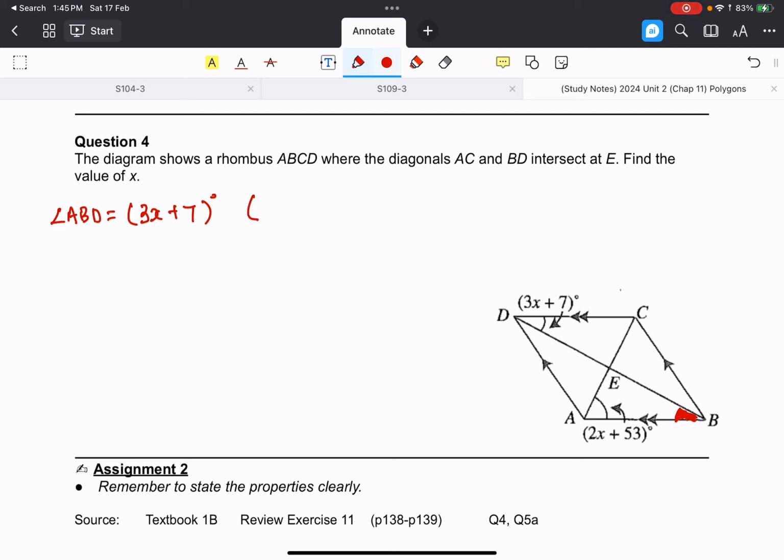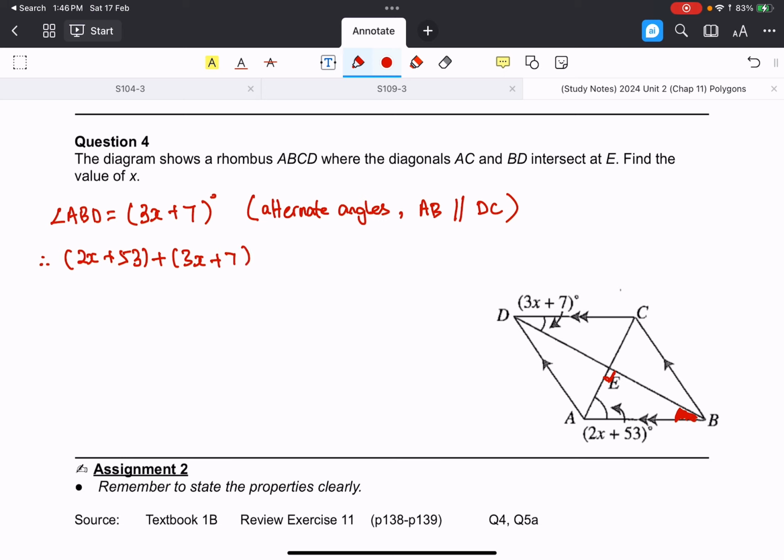So the reason is alternate angles, where AB is parallel to DC. That's the reason, right? So we have that. And then of course we know that since it's a rhombus, over here at point E, it is actually 90 degrees. Therefore, 2x plus 53 plus 3x plus 7